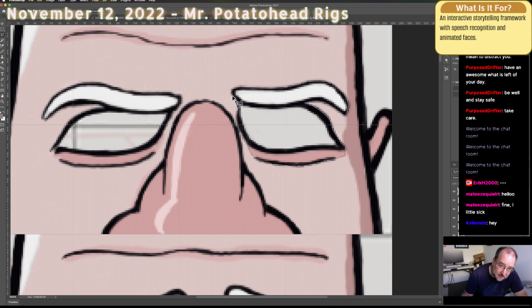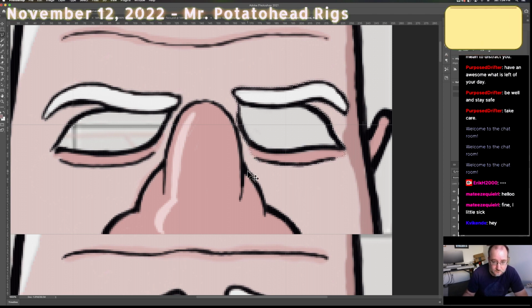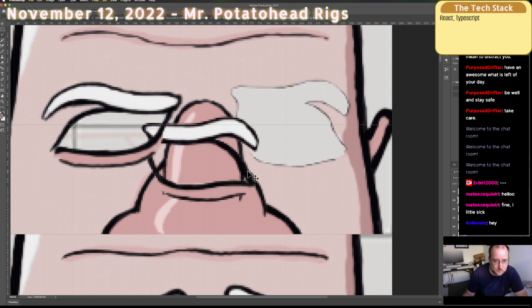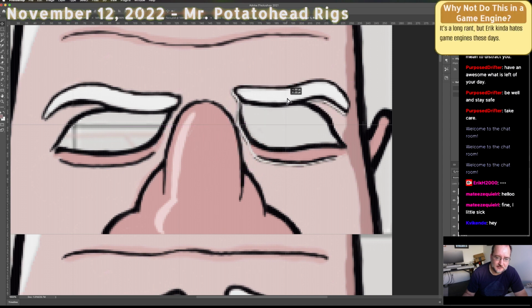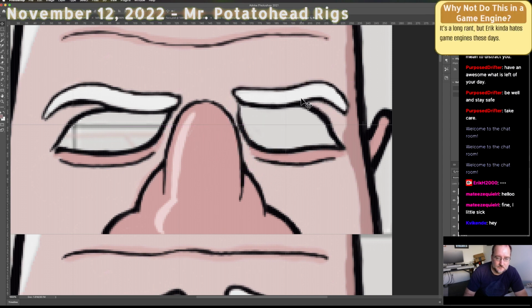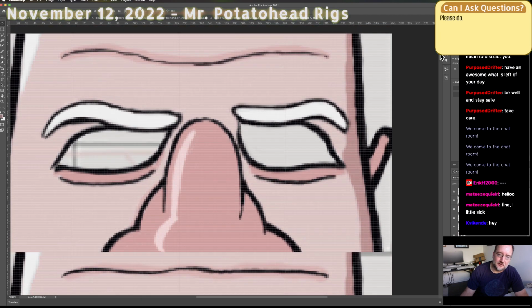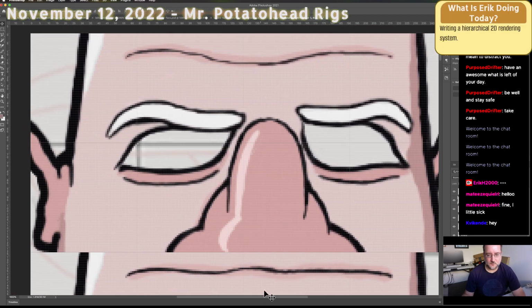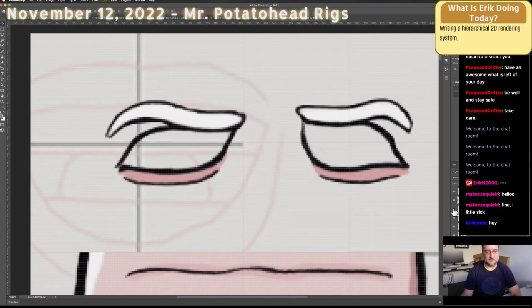But what I really want to have before it's all over is a bunch of mouths and eyes, and you can just pop them onto different faces in a Mr. Potato Head style. Or you could say a South Park style, because South Park has a lot of reusable parts between the different characters. Okay, so if I take neutral and I just hide it, that's kind of what my asset will look